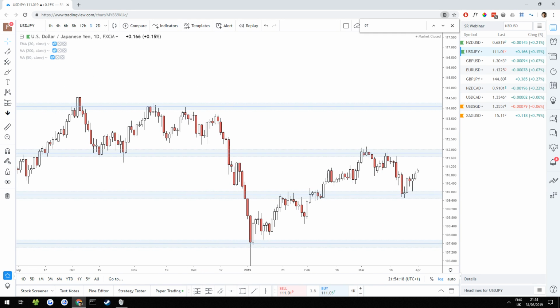So basically, there's a bunch of buy orders down here, a bunch of pending buy orders. But sometimes there's not going to be enough of them. Sometimes the sellers are so strong that price just breaks through that area. Now, what you need to imagine with support resistance areas is that